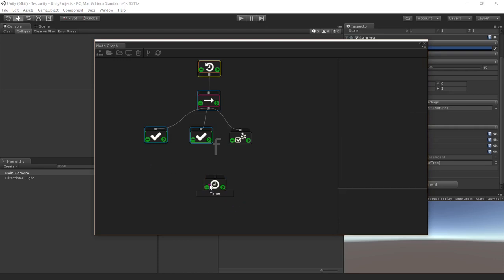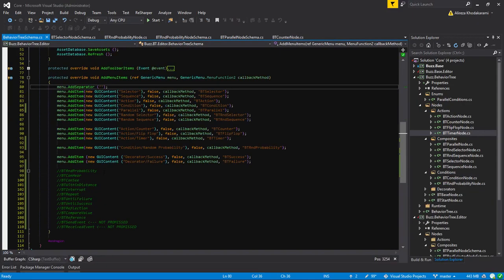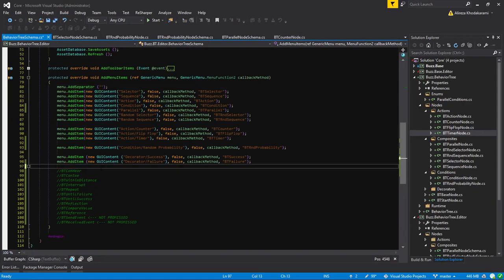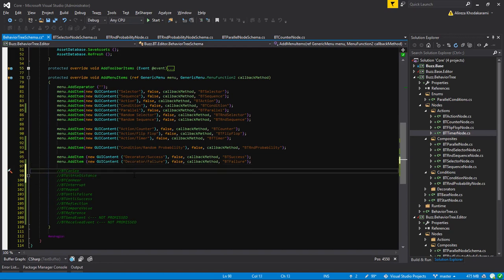We have our random probability now, and I'm really happy with it. So what is the next one? We have our random probability, can hear, can see. Well, I will put can hear after can see and within distance, basically. Because it's not hard, but